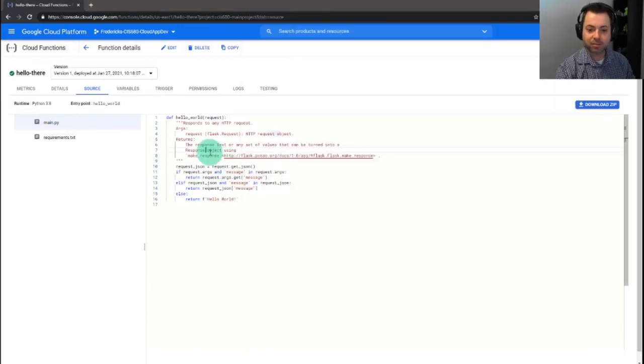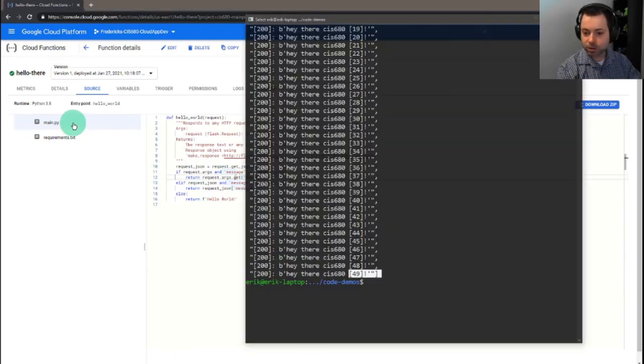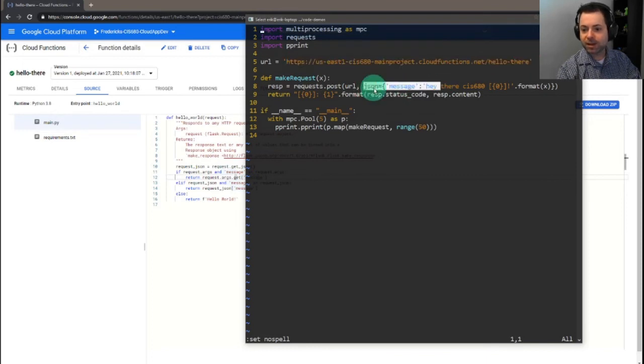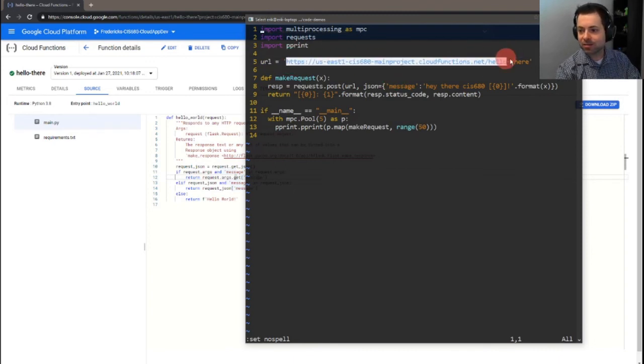And this is exactly what we're doing here, right? We're passing in the JSON message. That message, again, oops, get rid of spelling. So this is the URL we're triggering. We're sending it a JSON packet with a message attribute. That message is being parsed by the Cloud function and then returning. I can do this exact same thing